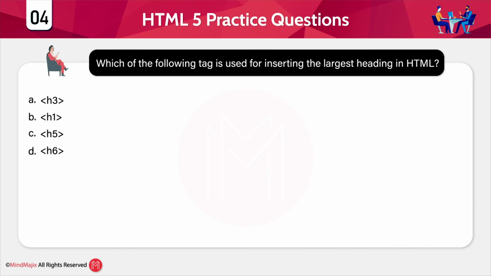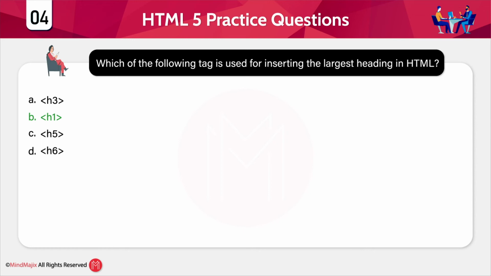Then H2, H3, H4, H5, H6. From the largest heading to the smallest heading, that is from H1 to H6. So which is the answer? B, H1, guys. H1 is the tag used for inserting large headings in HTML.